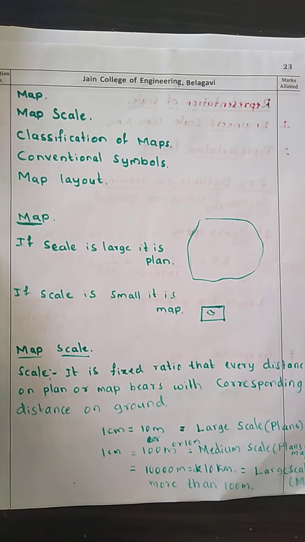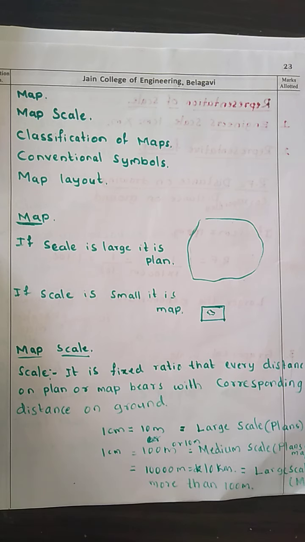In the previous class, we discussed the different types of units of measurement. In that, we saw how we are going to measure the length, the area, and the volume, along with the different units of measurement, that is the British unit and the metric system. We also saw the various conversion factors, how we need to convert meter into feet, meter to centimeter. All these things we studied in the previous class.